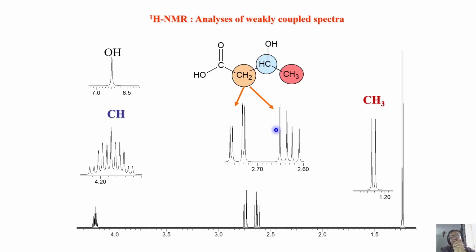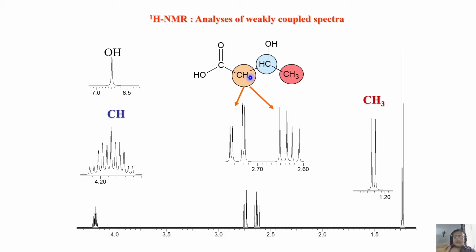First conclusion you have to draw. If they were magnetically equivalent and chemically equivalent protons, this should have split each line of the quartet into a triplet pattern. But I did not insist on that. I didn't say that. So what do you conclude from my statement? It means I am telling these two protons are not equivalent. It is not a CH2 group. They are non-equivalent protons. Oh, something interesting.